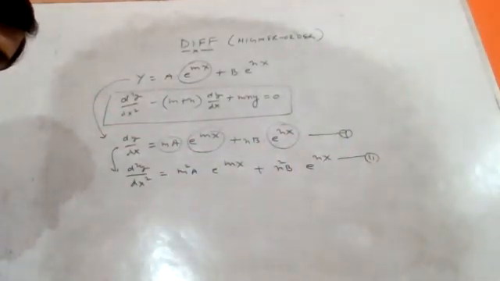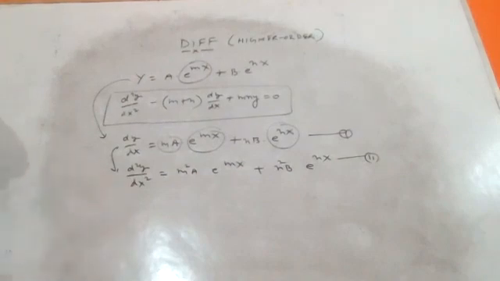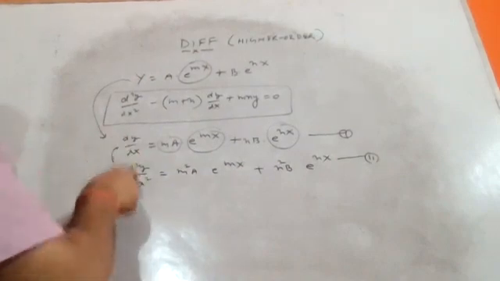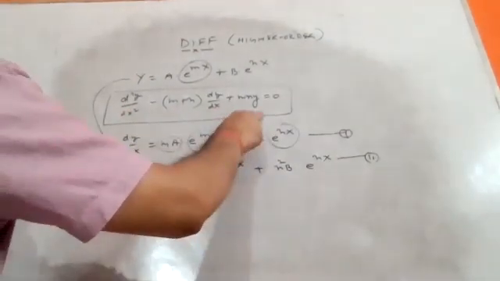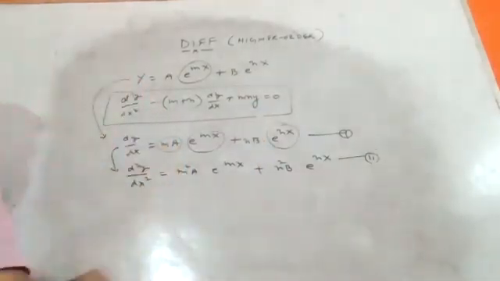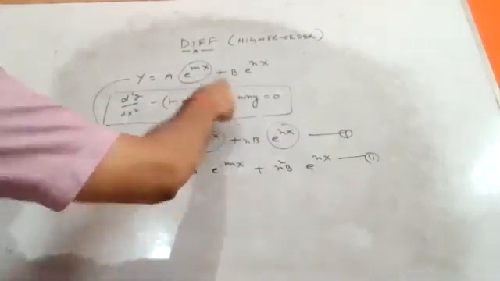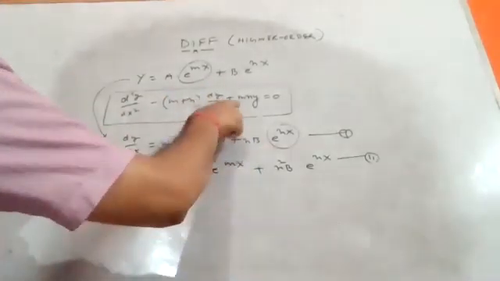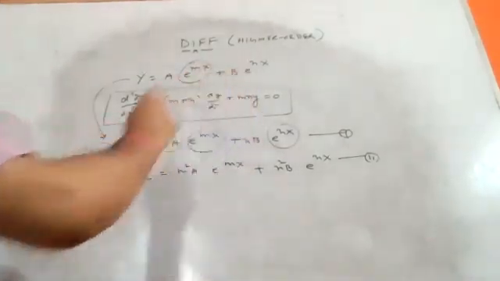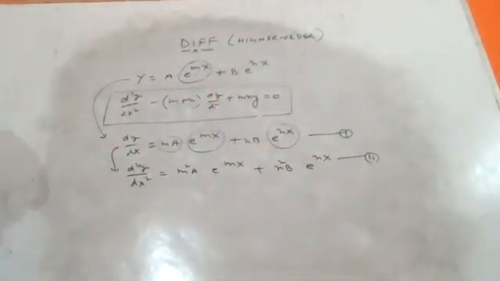Okay, dy upon dx, then again d2y upon dx square. Putting these two values in this one expression. In case of d2y upon dx square, you put down this one value, minus m plus m is such, and dy upon dx is what? This one value plus mn into y, and y is what? Our question. Put down the value, solve this, and you will get our answer is 0.